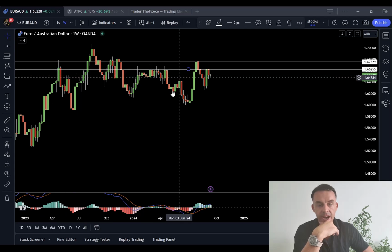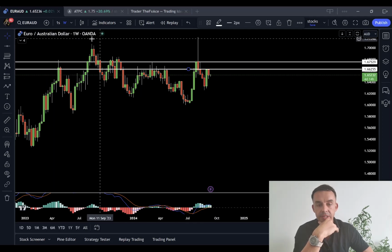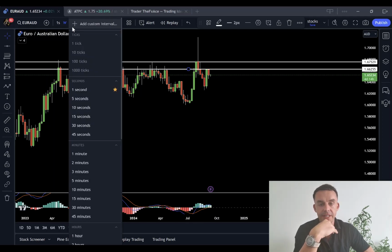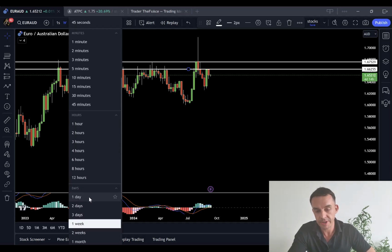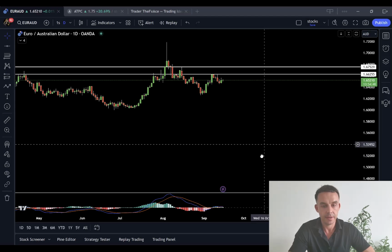Here, what we're actually looking at reacted last week. It's a kind of sell zone that I'm looking at on the weekly charts. Given that the sentiment is to the downside based on the COT and positioning of the large players, what I want to do now is zoom into the daily charts, and what I want to see happen this week is